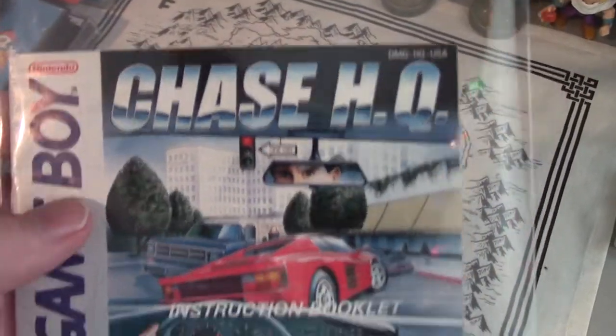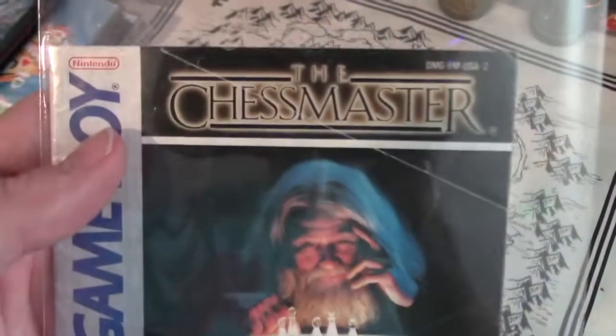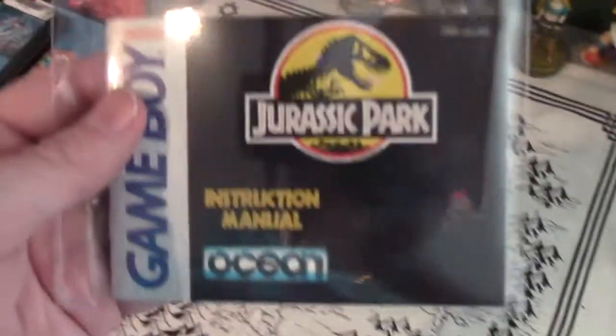Caesar's Palace. Chase HQ. I don't have the game for this one either, but that's a fairly common game to find. The Chess Master, Golf, which I already have one of, Home Alone, Jurassic Park. I don't think I have that game either, but that should be easy to find. Same with this one, Kingdom Crusade,